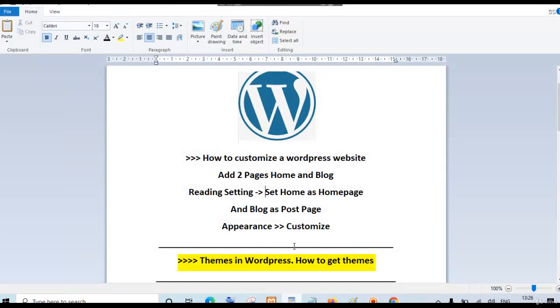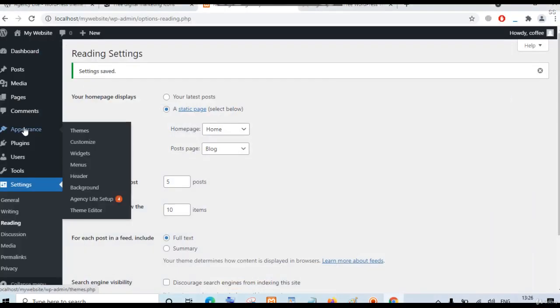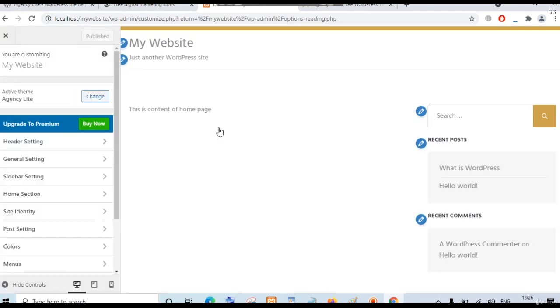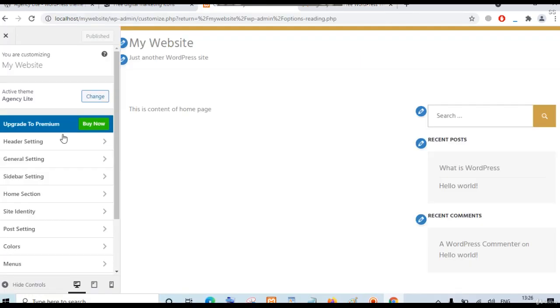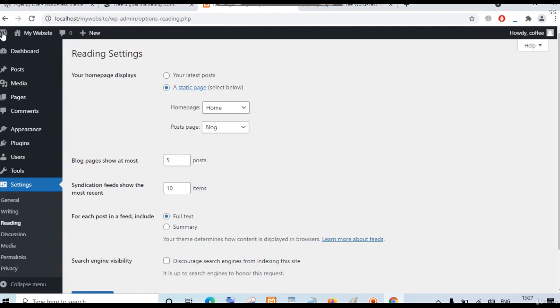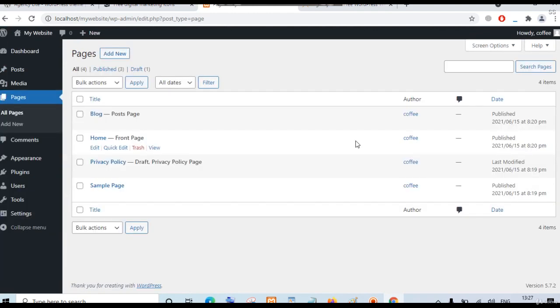Now once these settings are done, you have to go to appearance and start customizing your website. So simply go to appearance and go to customize. So this will start customizing your website. Now you can see your page is not looking as it should look, because you have not configured these settings. And there is one very important step which is left here, and that important step is when you install